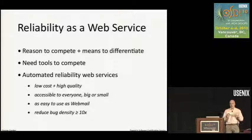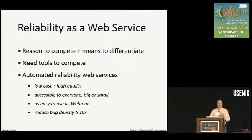And I also think we should make the tools easy to use. And the direction that I'm particularly interested in is making all these reliability tools we build available as web services. If checking for race conditions and deadlocks and other bugs was as easy as using webmail, a lot more people would do it. So, these services can run on clouds at low cost, produce high-quality results, and become accessible really